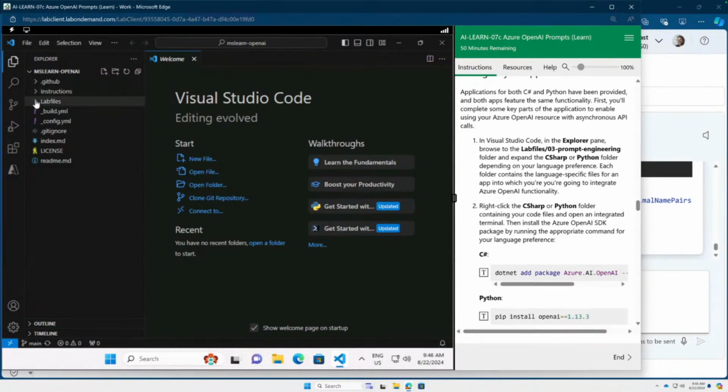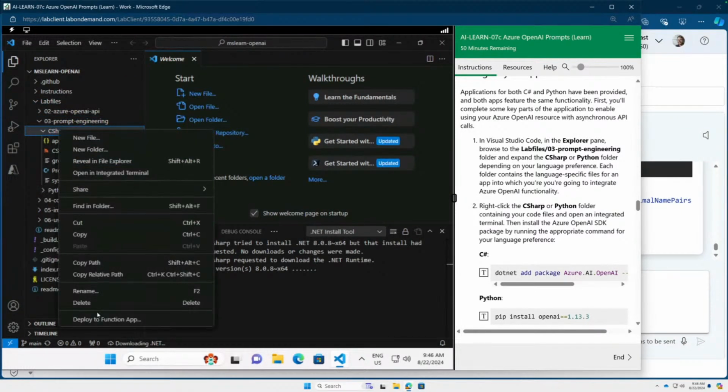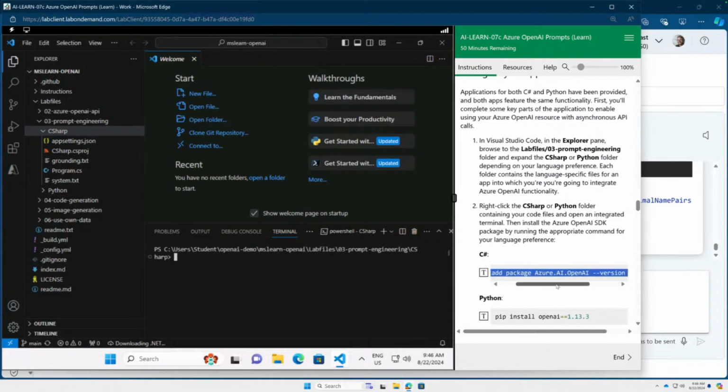There you go. You can already see that we have the lab files, and what we're doing now in this environment. I'm picking the C# version of this because this series of videos kicked off from Focus on AI, and I'm a .NET person, so we'll focus on C#. But like you were saying, there's also the Python version here. And our first step is setting up